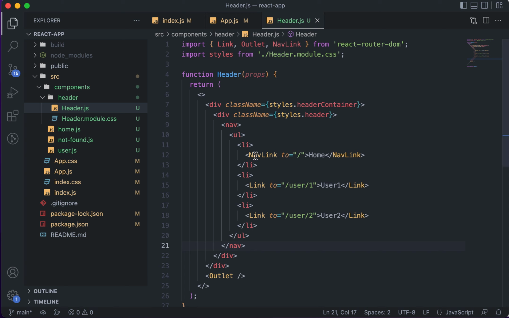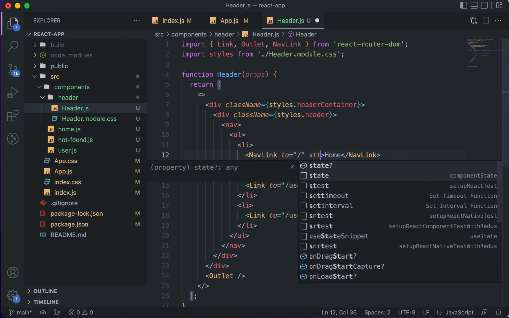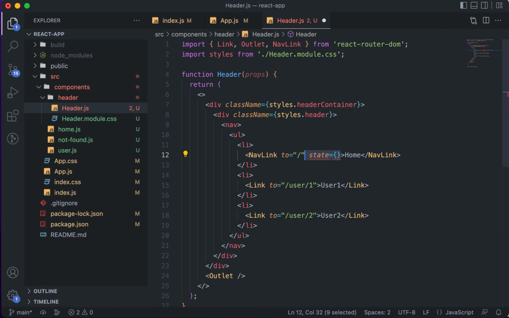But what is the difference is that NavLink has somewhat more functionality than link. So all the things which you can do using link are all there. You can see that to is there, replace will also be there, state whatever you need, that will also be there. All the things which are there in link, everything will be there here also. But apart from that, it has a few more things in a particular way. So firstly, let's try to understand what is the extra thing. First extra thing is